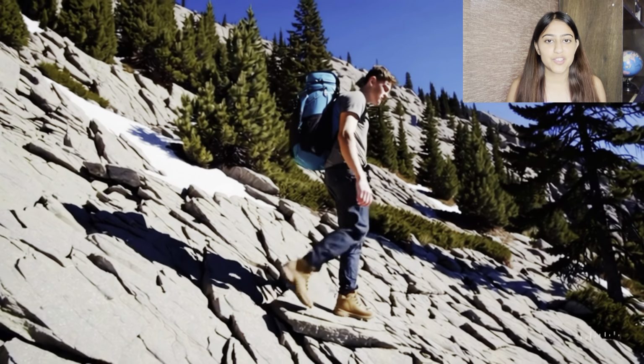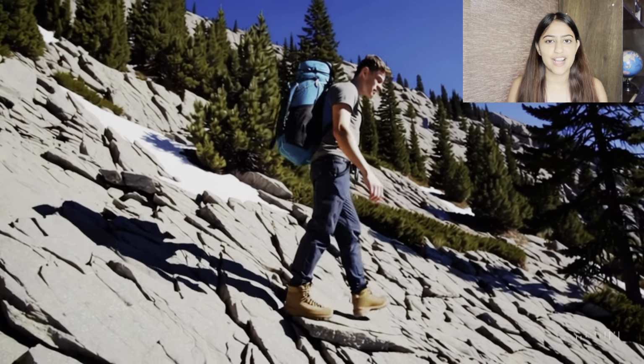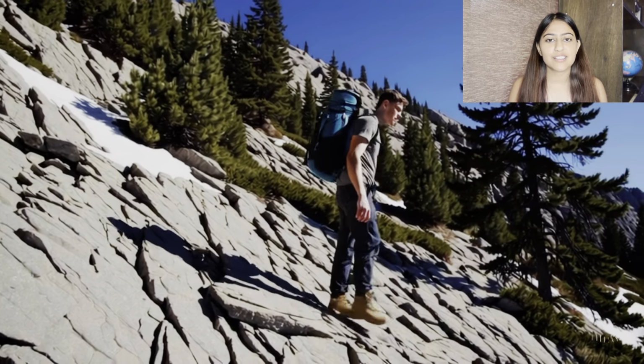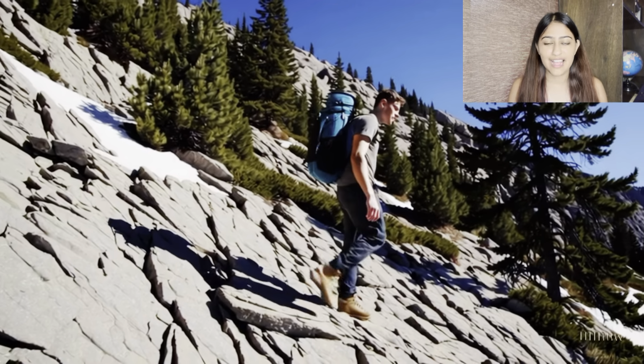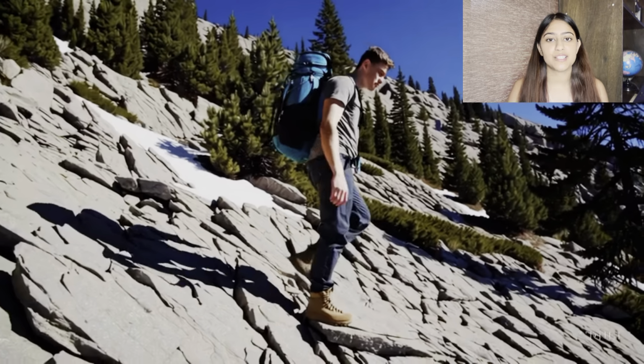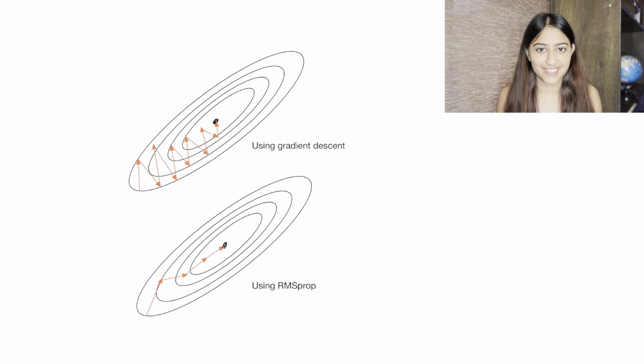Now imagine this. You are hiking across a big mountain range. Some parts of this are smooth and flat, while others are steep and full of rocks. But you have just one rule of walking, and that is you will take the same step size no matter how the terrain is. Now that doesn't sound very smart, right? Well, that's exactly what gradient descent does. It takes the same step size in every direction, no matter what kind of parameter it is and no matter what kind of terrain it is. So this is not good, this is not optimized.